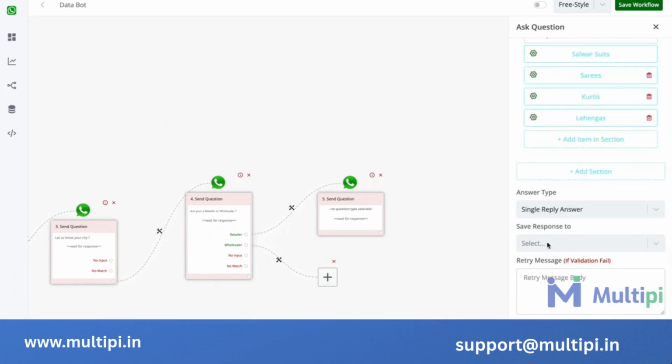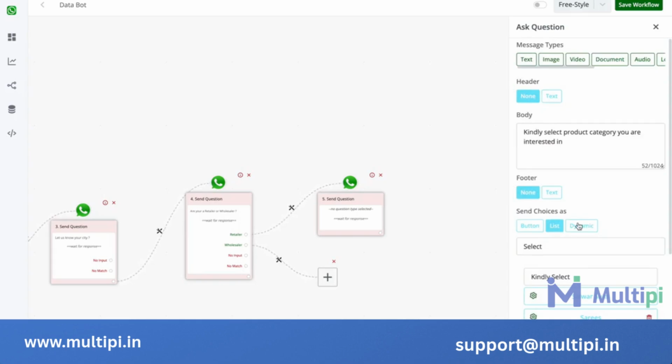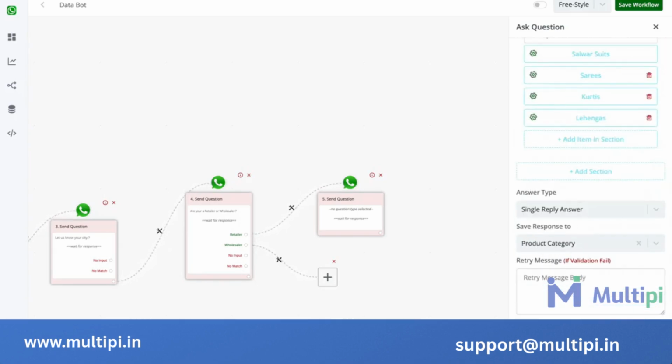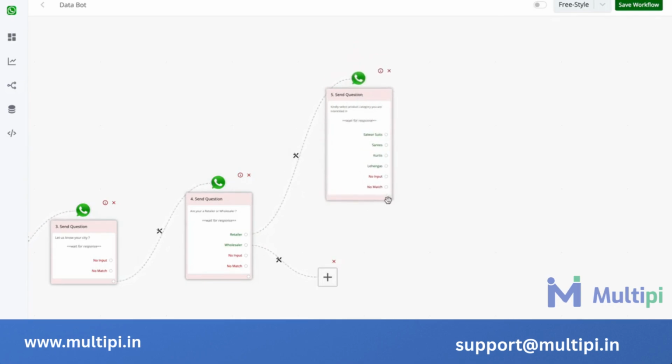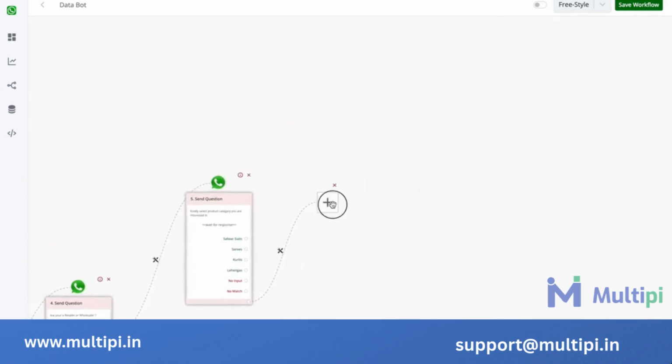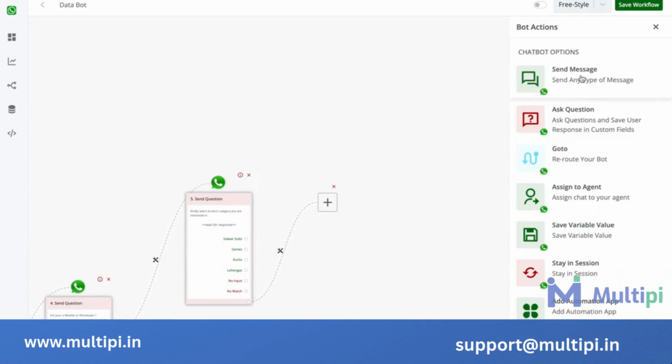And then I'll save this reply to product category. We have another option of multiple reply answer, but you can avoid it for now. We'll have a separate video on how to utilize this. So always use single reply answer if you're unsure. I'll select this. The reply to this message will be product category, and I'll simply click on save response. Now here, whatever the user replies, in the next step I simply want to say that